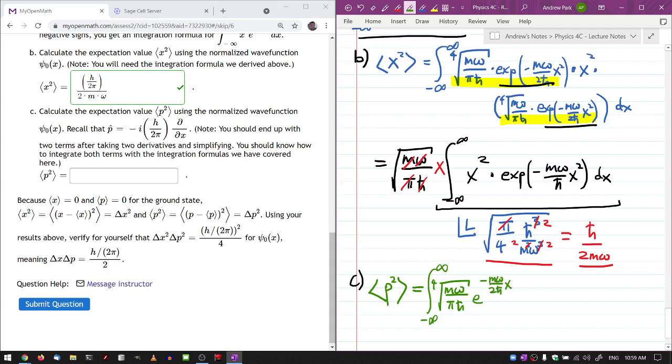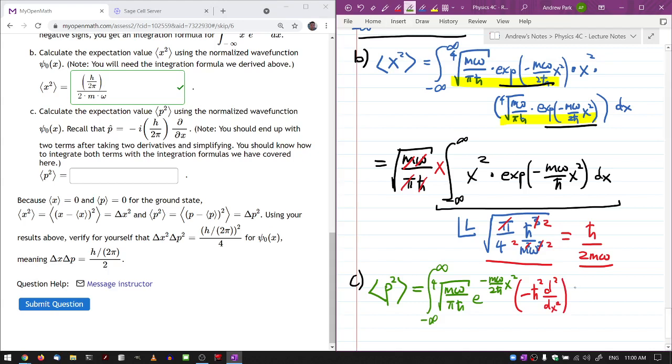I have to make sure that I have my operator, momentum squared, which would be this thing squared. So minus i squared is minus 1, h bar squared is, well, h bar squared, and then the second order position derivative,